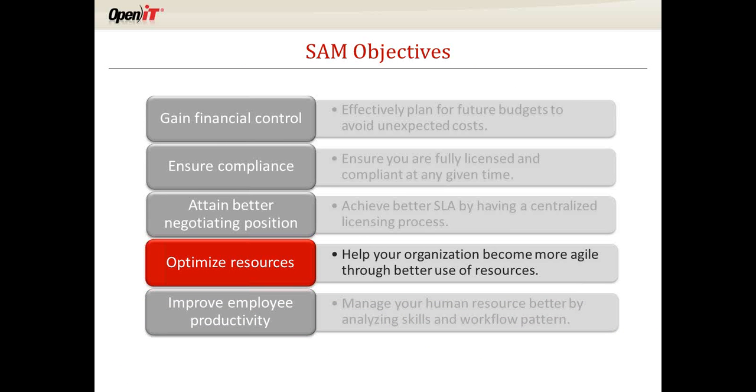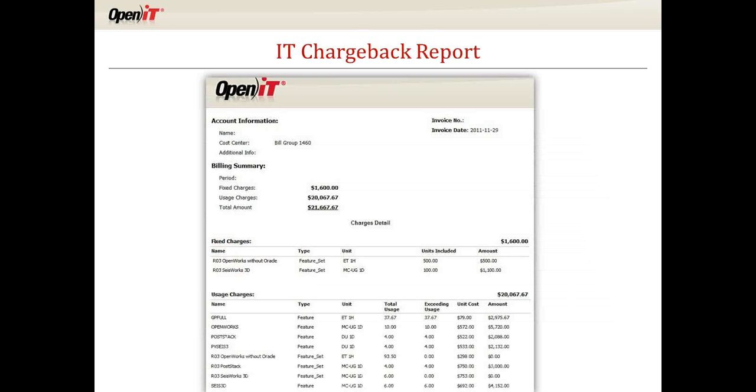Optimizing our resources. How can we look at that? We talked about, we don't mind spending money if you need the tool. If our associates need the tool, let's do it. But let's make sure that we're getting a return on that investment. So I put this chargeback up just as an example to remind us. A lot of organizations are not ready for chargeback, but you can actually go through the process and do what we call showback, meaning you go through the same type of process, but you don't actually do a financial chargeback, but you actually are putting numbers to it.